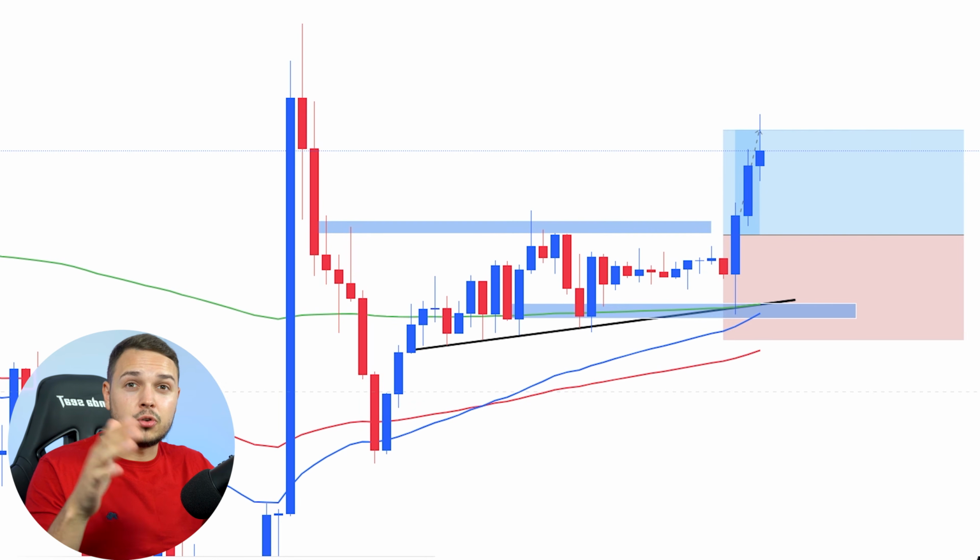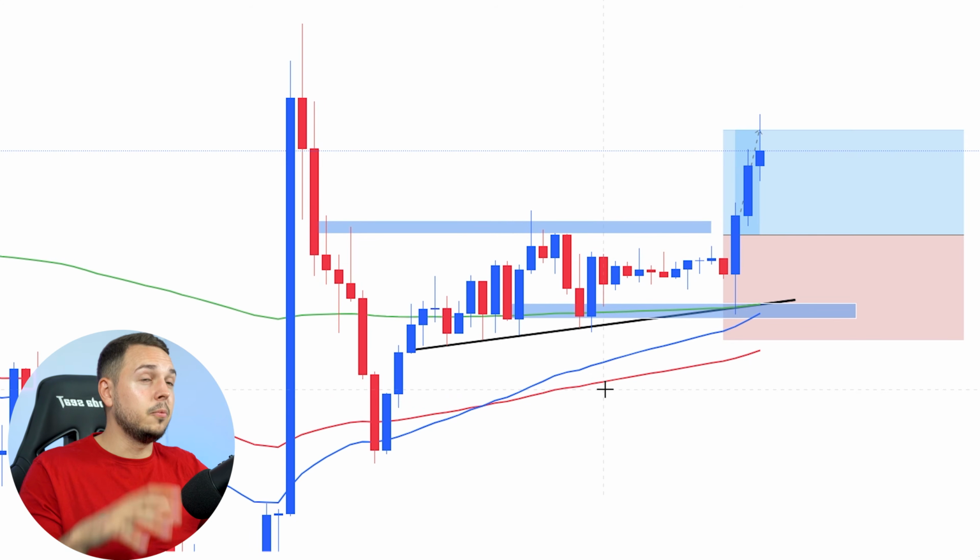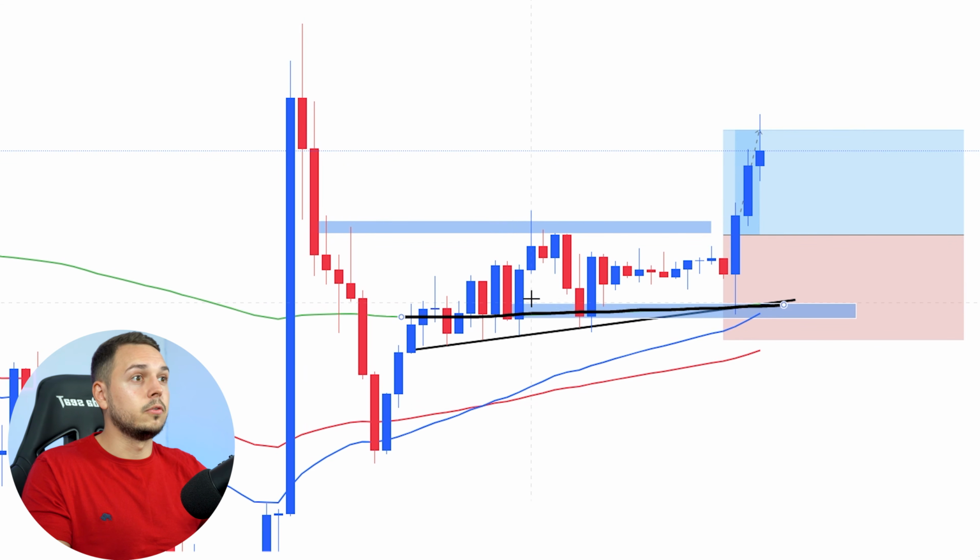Here's a quick extra tip. Don't just trade one time frame. This is the worst mistake any beginner forex trader makes. Make sure to understand every time frame. So if you trade in 5 minutes, have a look at the 15-minute time frame, maybe even the hourly time frame, to see how the structure has actually developed, because the higher time frame structure will control the lower time frames. And we can see over here on the 15-minute time frame, the 200 moving average, every single time the market pretty much